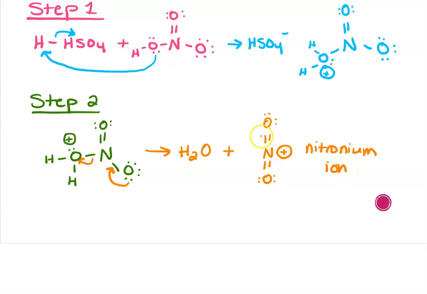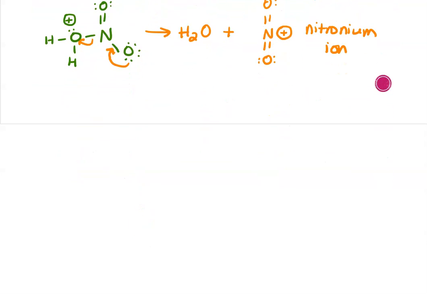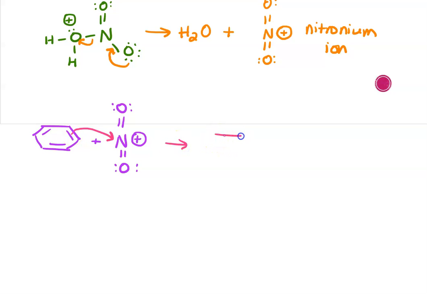All right, so now that this has a positive charge, we are right back where we were with halogenation, where the benzene is going to reach out for this positively charged species. And then the process from here on out is exactly the same as the process of halogenation. So we have here a benzene ring, and we have this nitronium ion that has a positive charge. All right, and so our benzene is going to reach out to this nitronium, and what we get is